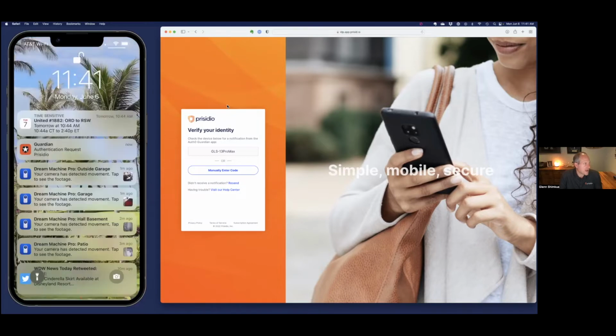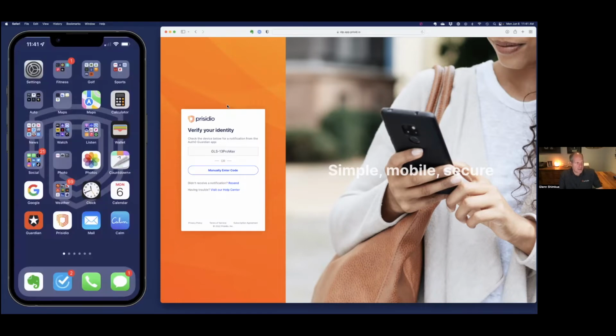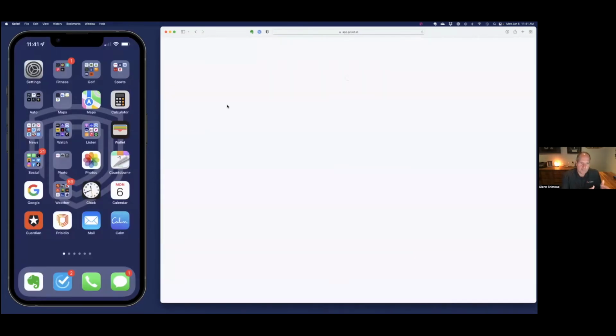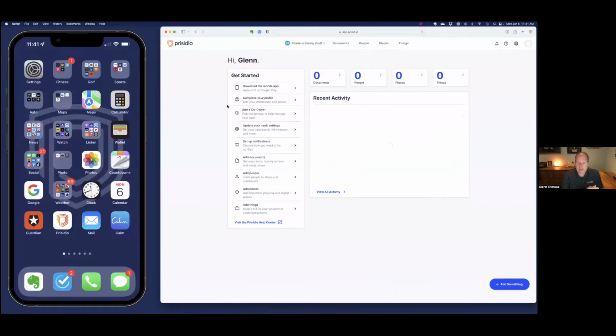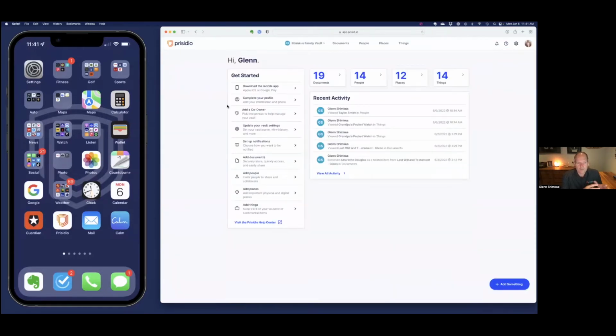And what you're going to see now is I'm going to accept the push OTP or the multi-factor authentication on my phone that I have set up for this account. Not only do we support Guardian, which is the application from Auth0 for this MFA, the push version, we also support SMS, so a code that'll be text to your phone, as well as the authenticator apps like Google, Microsoft, and Okta. So I am in and logged in on the web,